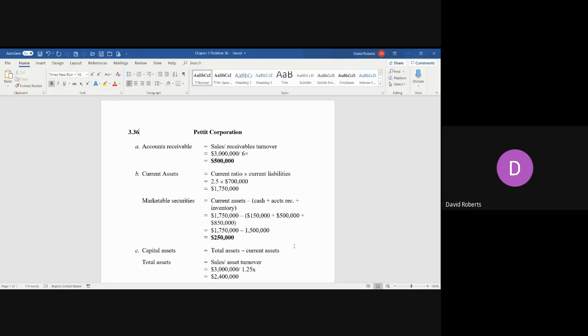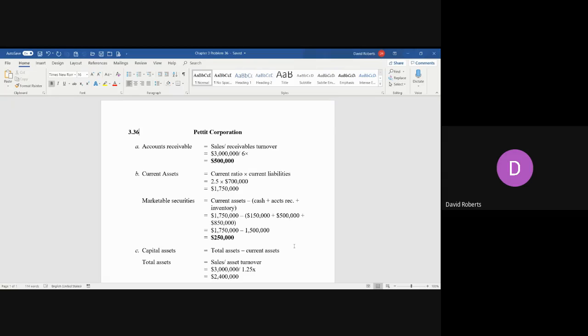On average, there's $500,000 invested in accounts receivable because accounts receivable is an asset, so that's considered to be an investment. So you have $500,000 tied up in accounts receivable, money that's owed to you, but your customers have not paid it yet. Now, to find the marketable securities is a little bit more challenging because we have to do